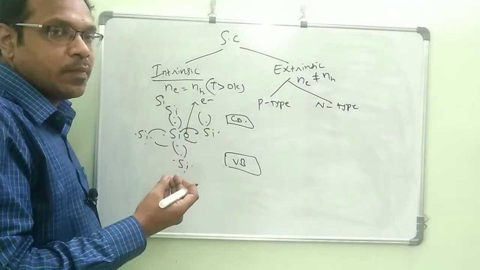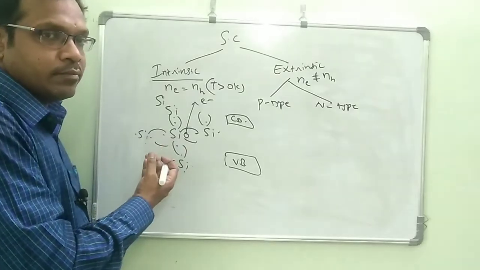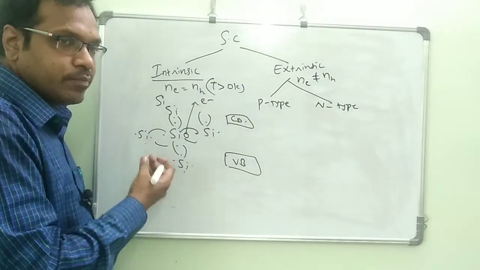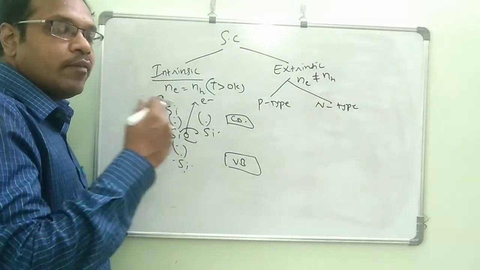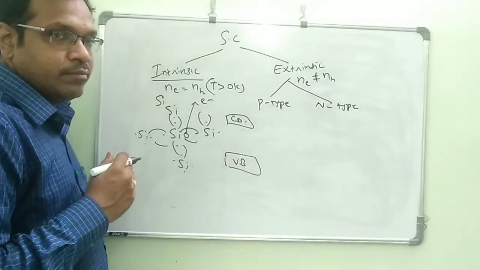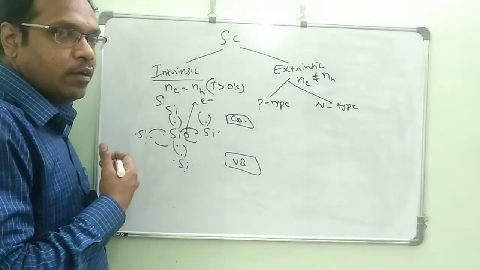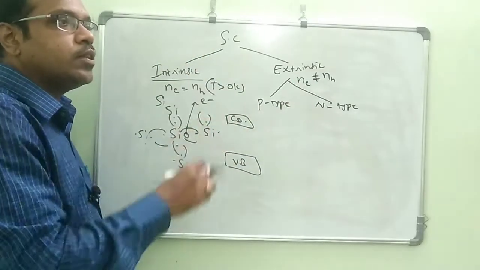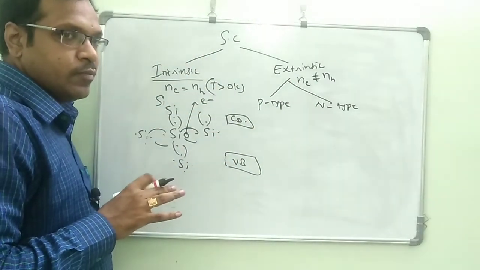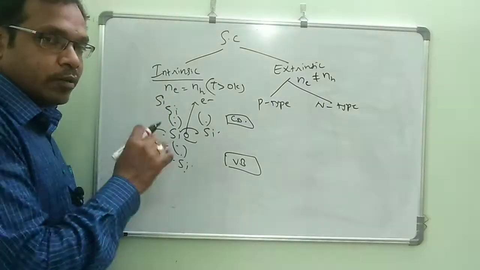Why do we have to consider it like that? Suppose you give any voltage to this, any applied electric field, the holes will travel in the direction of the electric field. Electrons will move opposite to the electric field, holes will move in the direction of the electric field. So because of that they thought it's a positive charge. Okay, because it's an imaginary concept, a hole.